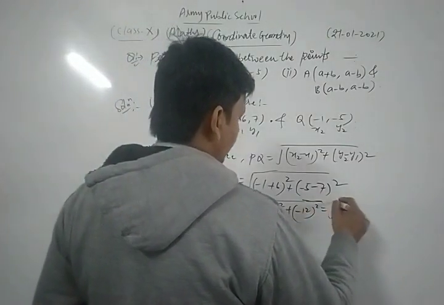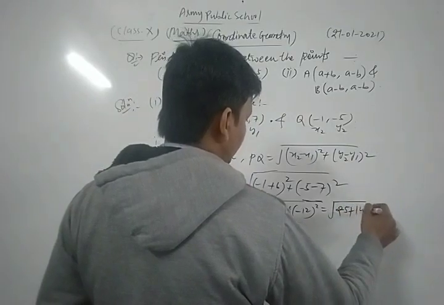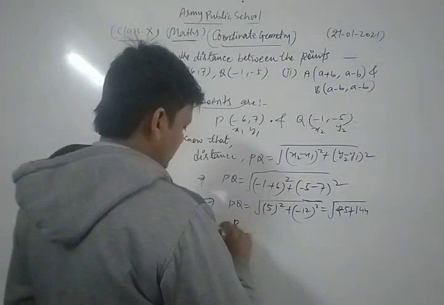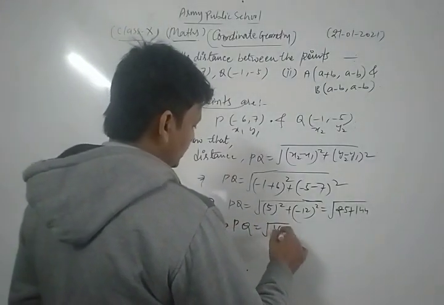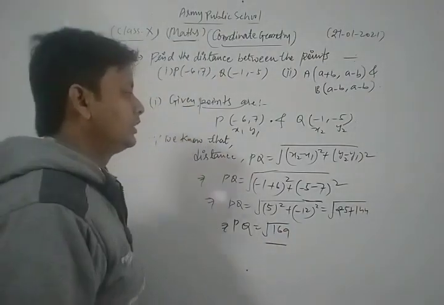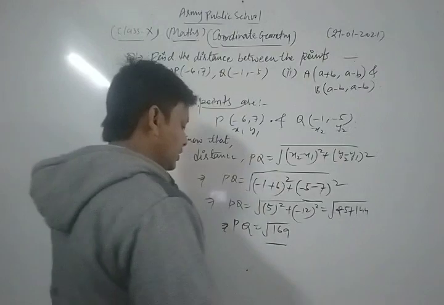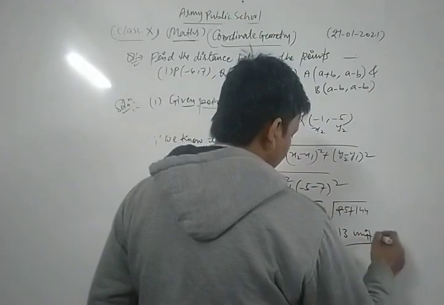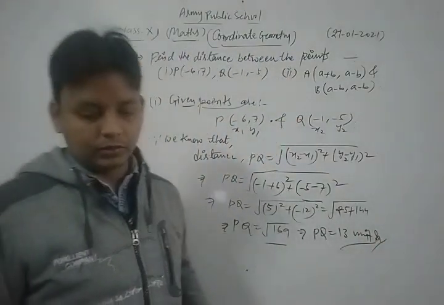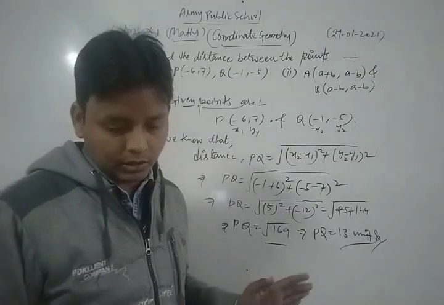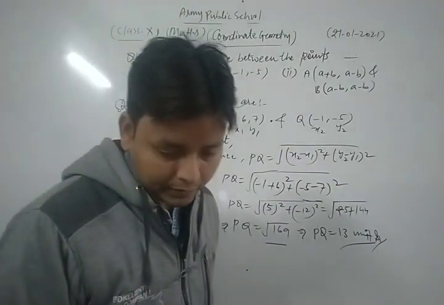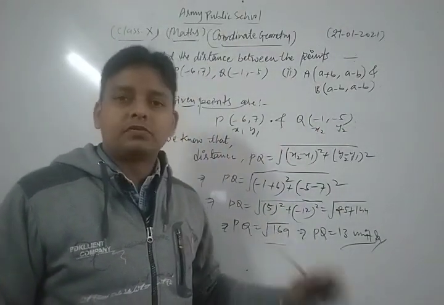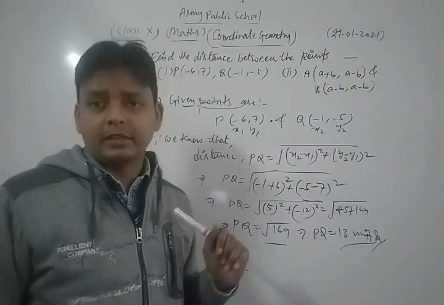That is we get under root, this is 5 5 25, plus 144. So which is 169. Okay, PQ is equal to square root 169, and you know that the square root of 169 is 13. Thus the distance between these 2 points is PQ is equal to 13 unit. This is our required solution of the given question. Okay. Thus, dear student, in this way you can solve each and every question of your NCERT exercise based on distance formula. Now similarly we take and solve the second part of this question.